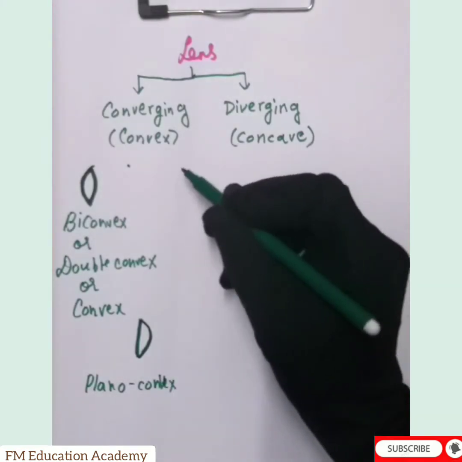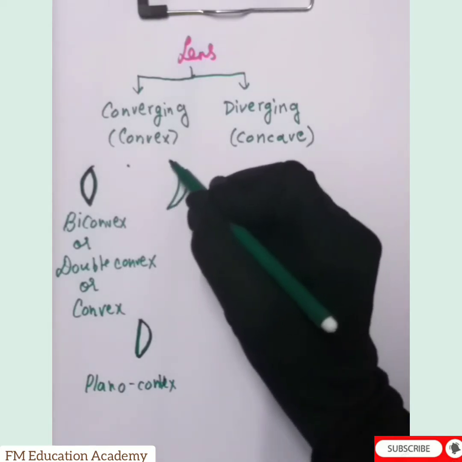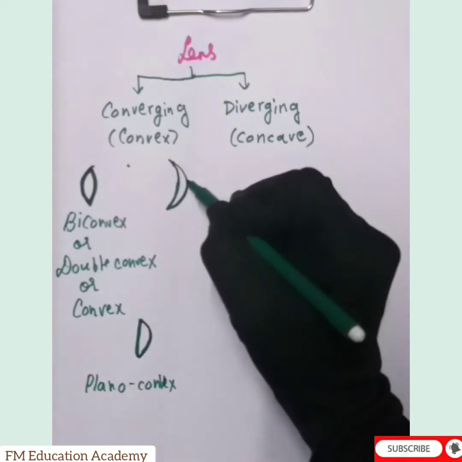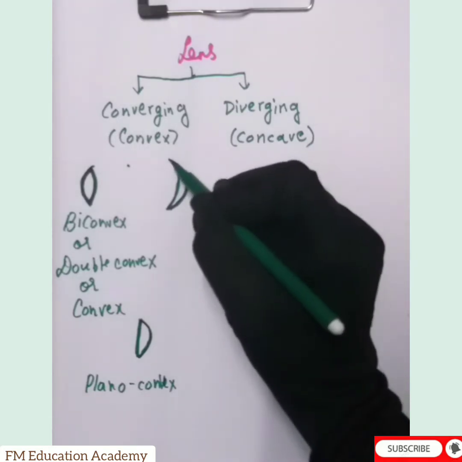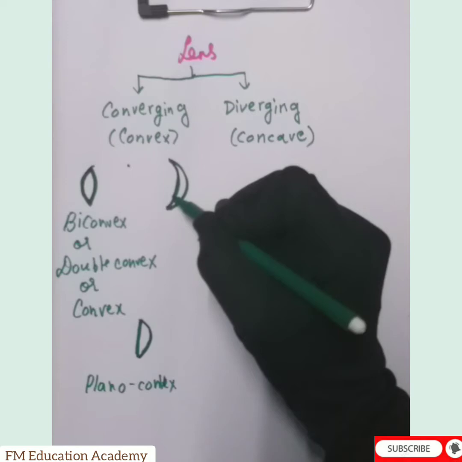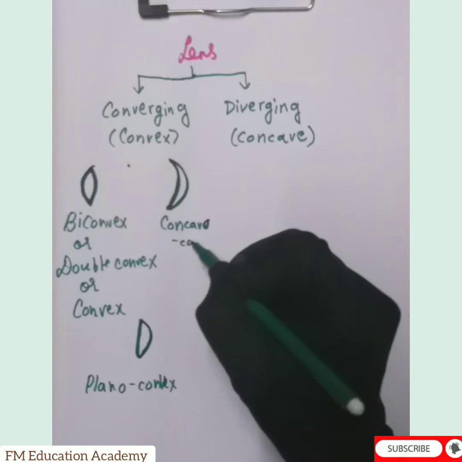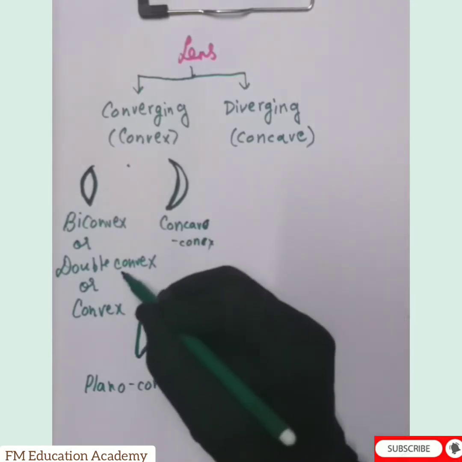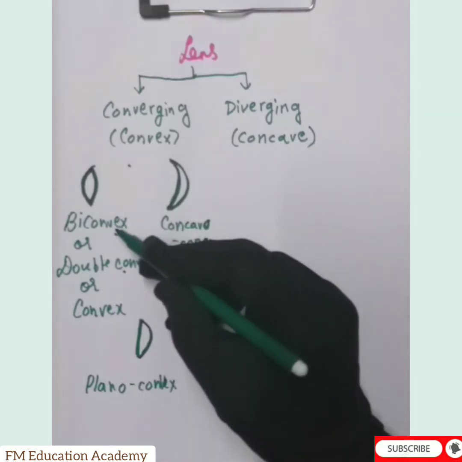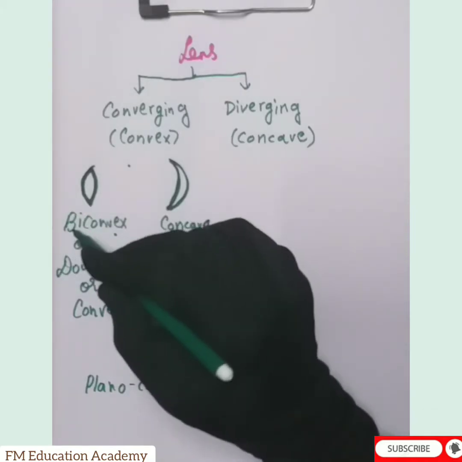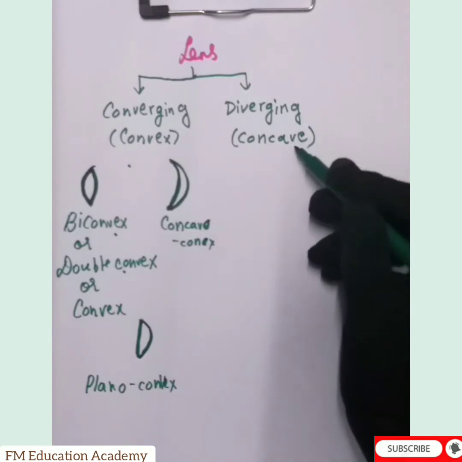Now the third type of lens is concavo-convex lens. Remember the shape of the moon? It is a thin shape of a moon, but still here also it is bulging outwards. That is why it is called convex, and this surface is also curved, so it will be called concavo-convex. Observe the words at the end: convex, convex, convex, convex. So in the types of lenses, the end words will be convex, but the words which are placed before will be different. Now, what are the types of concave lenses?